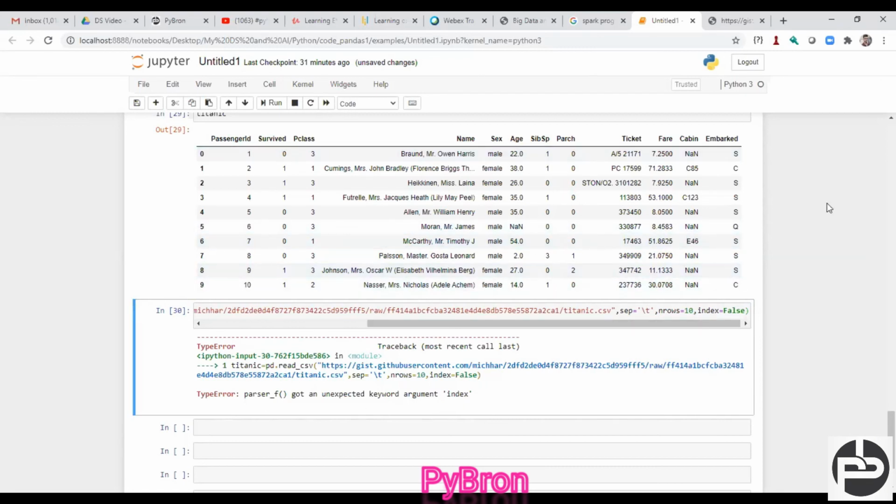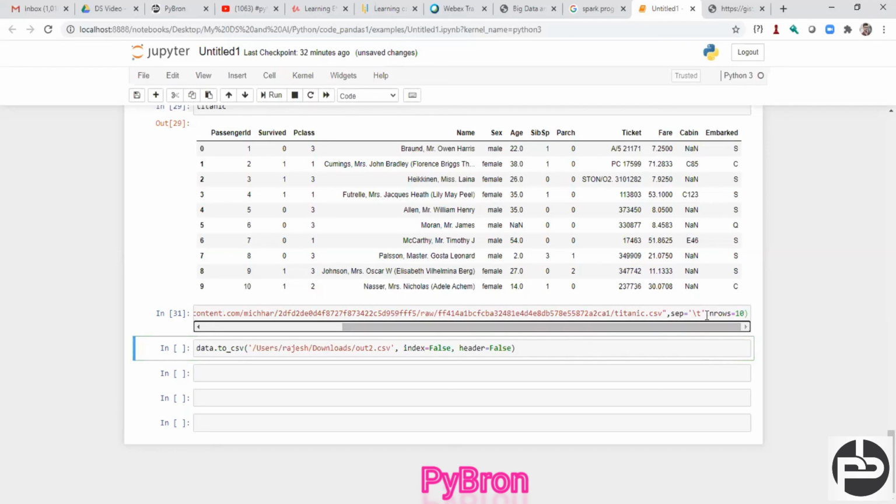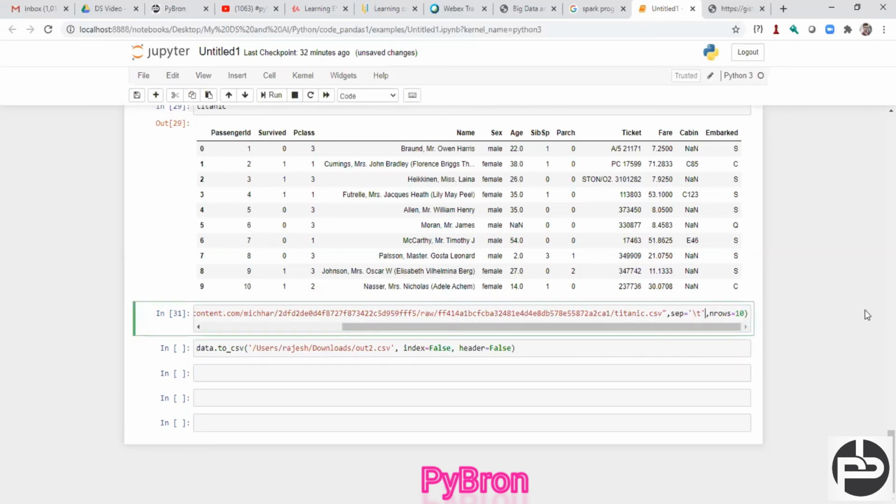Okay, one minute, let me see why it is not working. Separator slash d and rows comma index is the one argument here, index equal to false, and if we now execute, yes, I am able to get it.